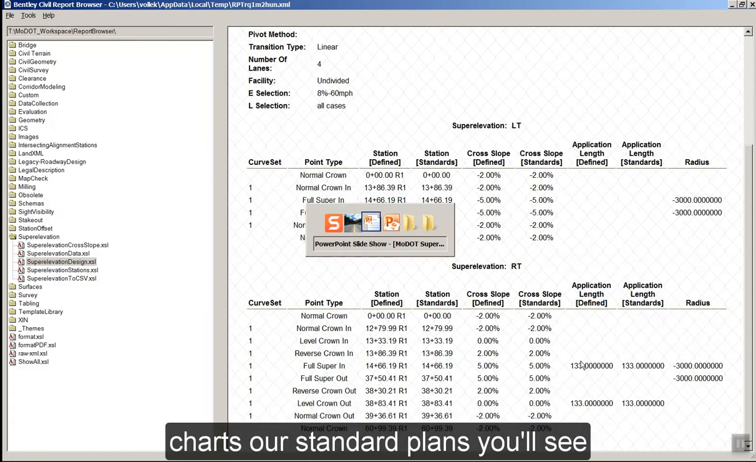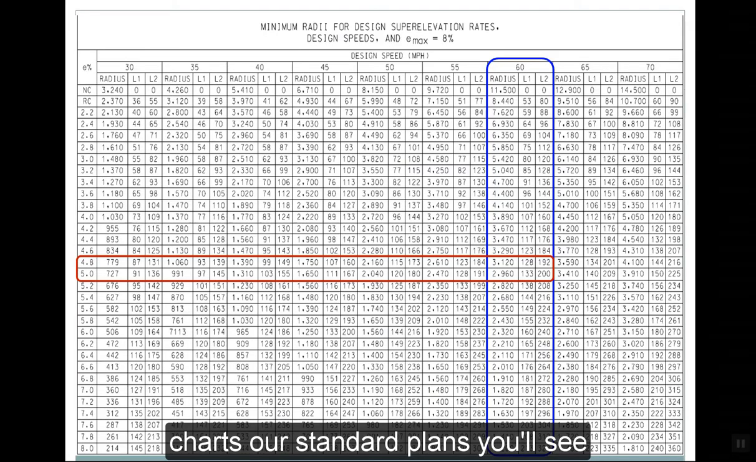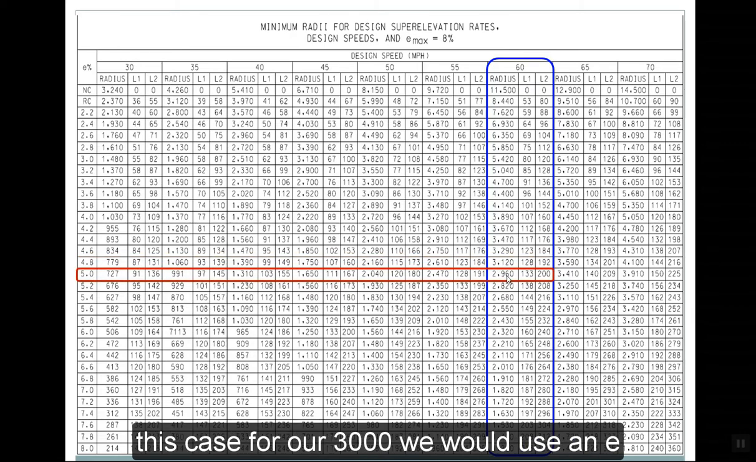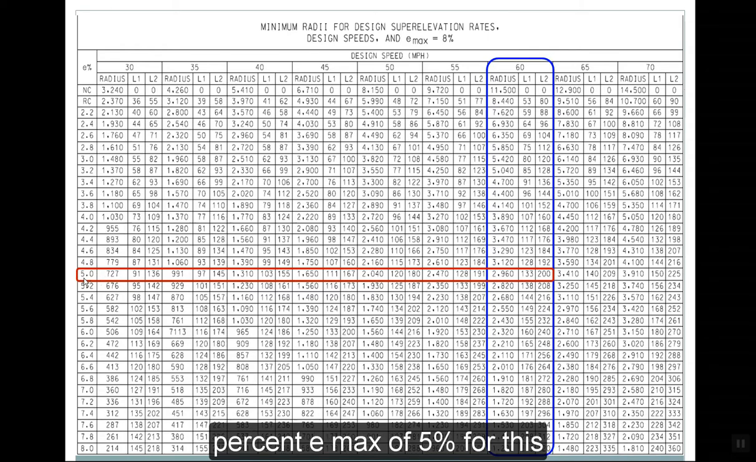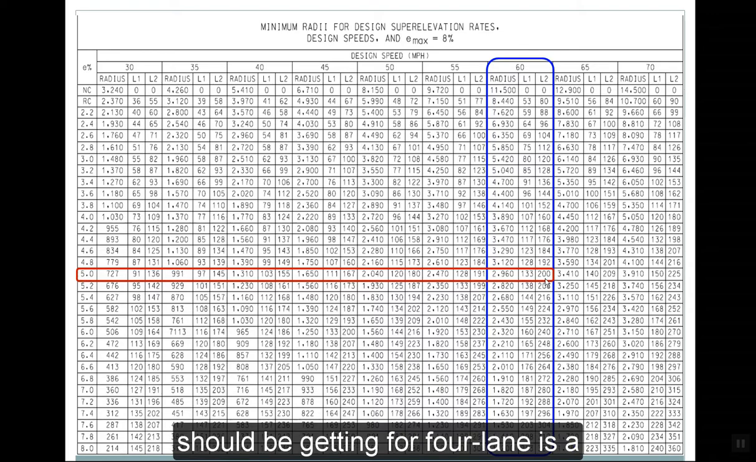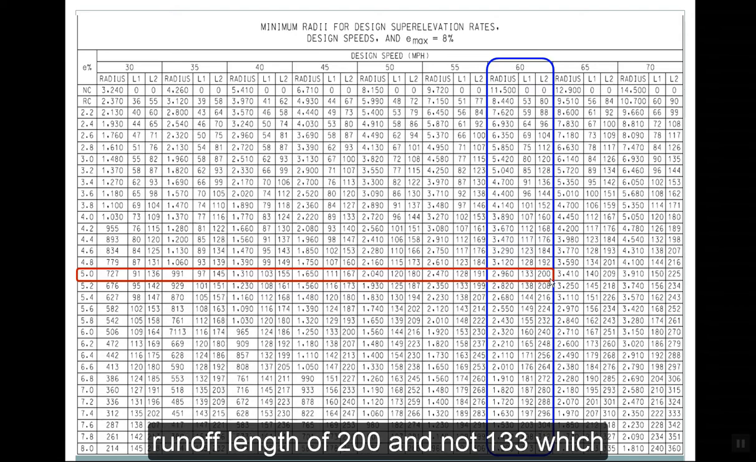Now if we look at our charts, our standard plans, you'll see that for a 3,000 foot radius, what you normally do is always be conservative and go to the higher super elevation rate. So in this case, for a 3,000, we would use an Emax of 5% for this super elevation rate. But what we should be getting for 4-lane is a runoff length of 200 and not 133,